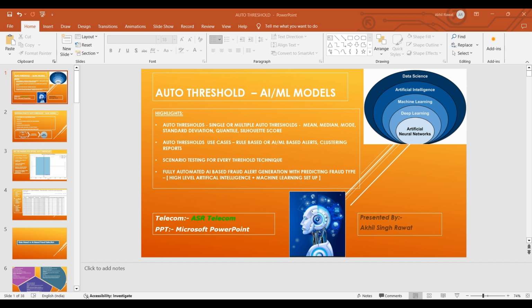Then there is scenario testing for every threshold technique. I will explain it in a very easy manner ahead. The last is the very high-level artificial intelligence setup, which comprises not of these auto thresholds based on functions like mean, median, mode, standard deviation, quantile, or silhouette score, but is system-based. This is an artificial intelligence-based